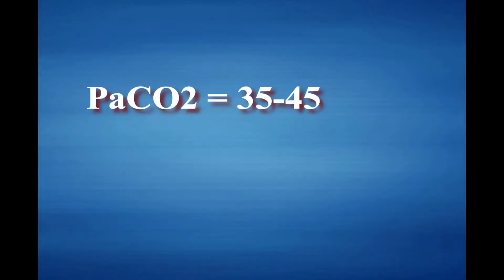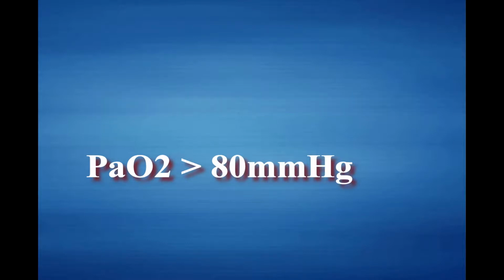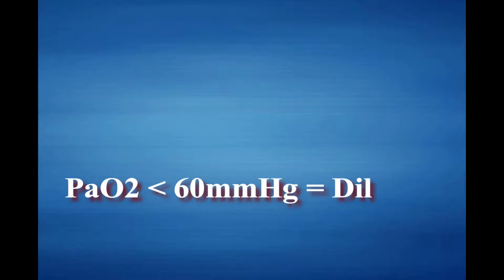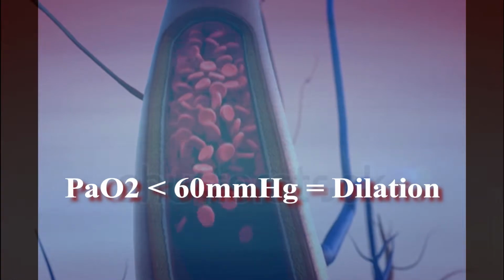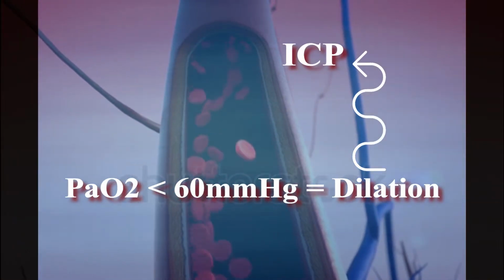One of the primary things that's going to increase intracranial pressure is hypercapnia and hypoxia. You want to keep the PaCO2 normal, or about 35 to 40 millimeters of mercury. You want to keep the PaO2 greater than 80 millimeters of mercury. If the PaO2 falls below 60, this is going to cause arterial dilation of the cerebral arteries, which increases blood flow. This, as we know now, leads to increased intracranial pressure,